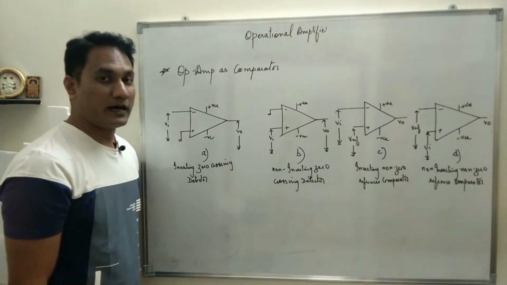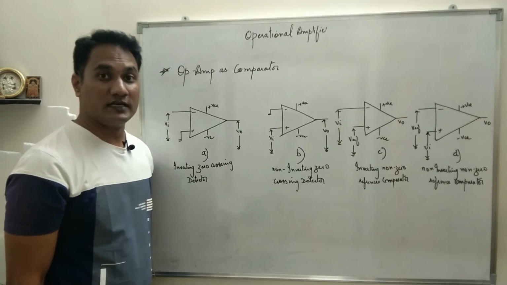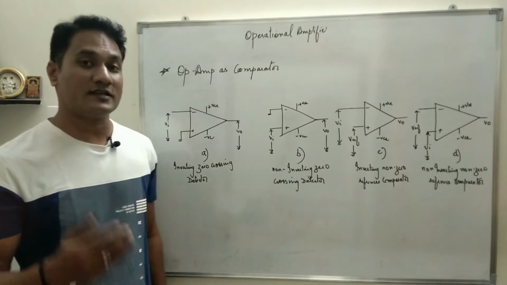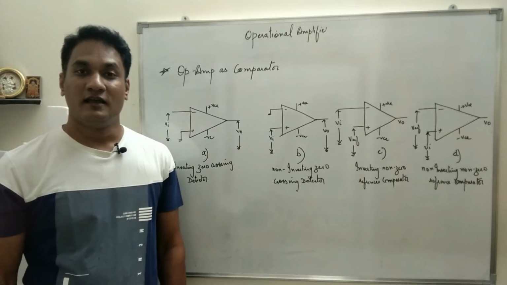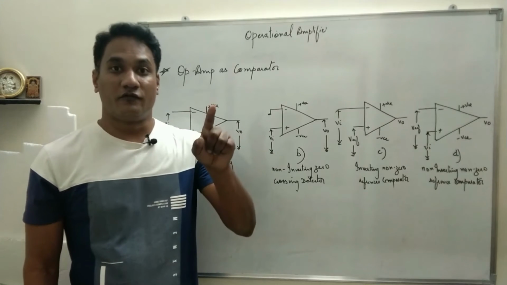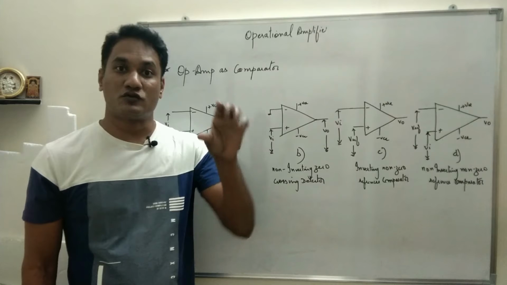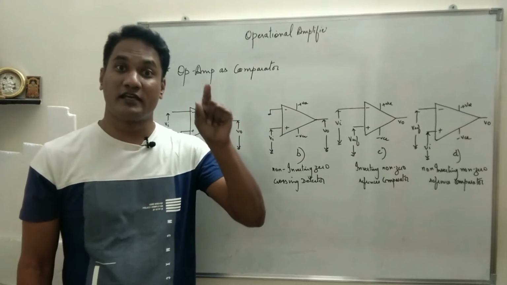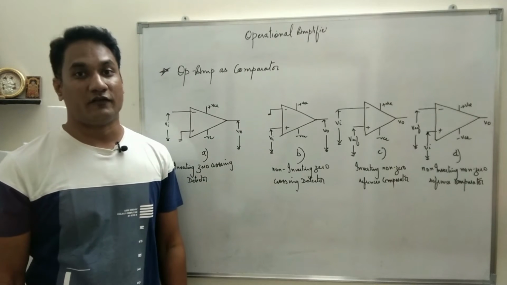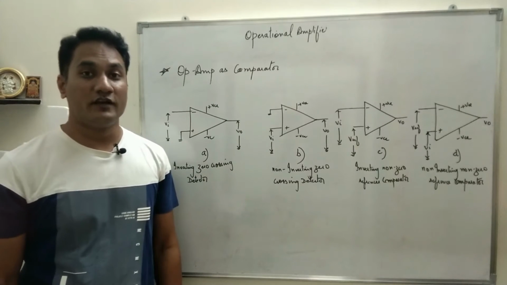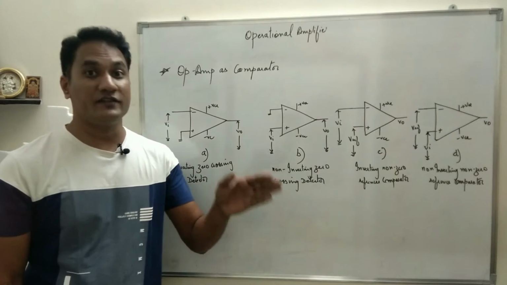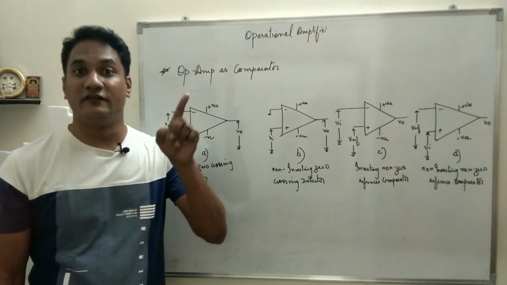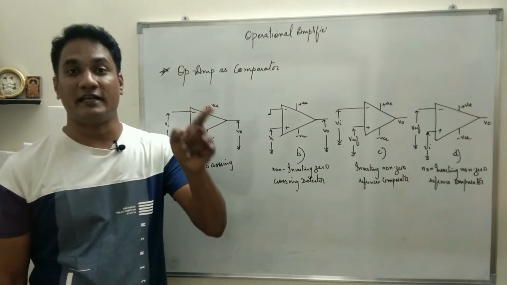But the most important part which has to be understood is that there is no feedback resistance. Okay, there is no feedback resistance. And what is the use of feedback resistance? See, we have applied feedback resistance to suppress the gain, so that gain becomes finite and we can use that circuit as an amplifier. Now here there is no feedback resistance, and if there is no feedback resistance, the gain will be infinite. So output is the difference between the 2 input voltages multiplied by gain.